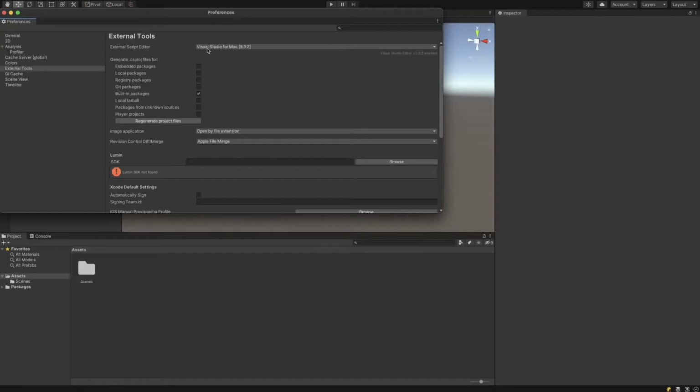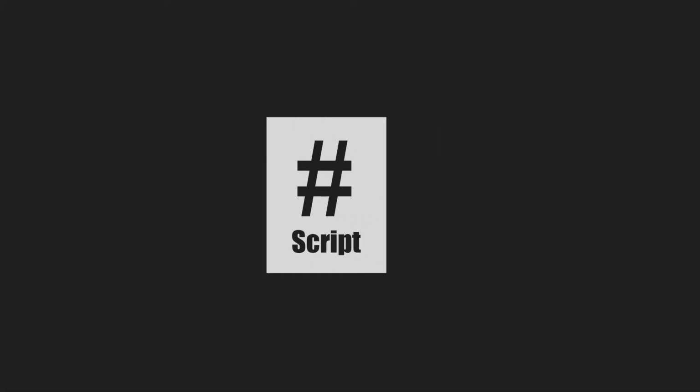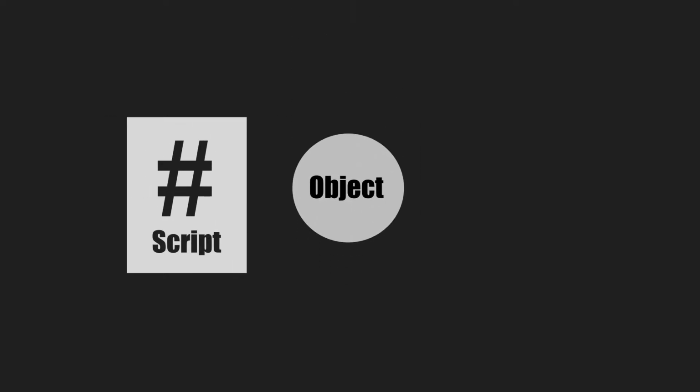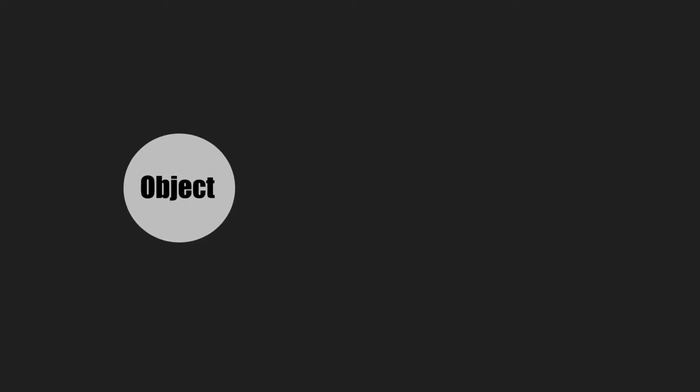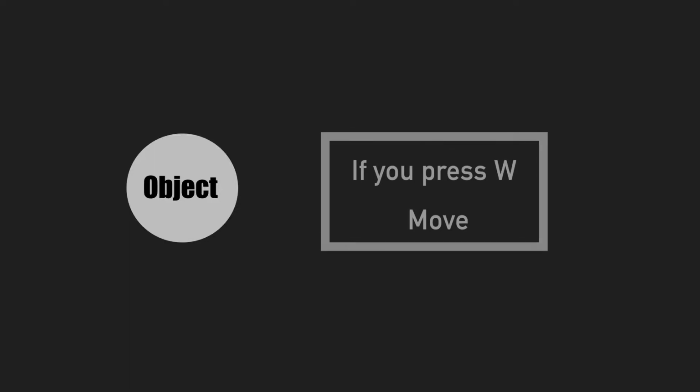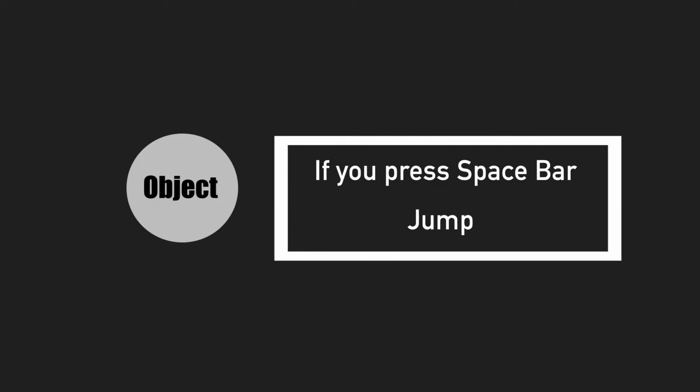Before we add our first script in this project, you should know what exactly is a script. In Unity, a C# script is a component connected to a certain game object, where all the magic happens. You can write code to make an object do some particular actions. For example, if you want the player to move, you can add a script component in the player's inspector. And inside this script, you will have to write the commands that you want. For example, if you press W, the player must move forward, or if you click the spacebar, the player must